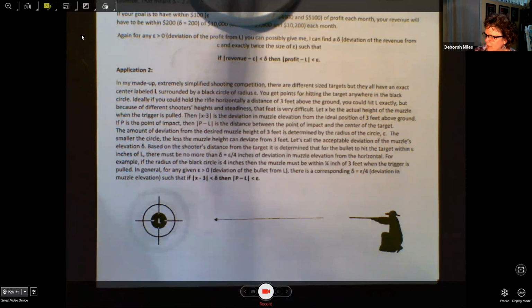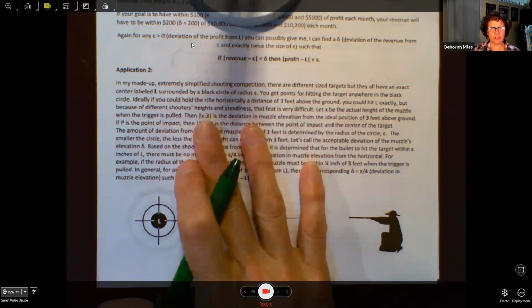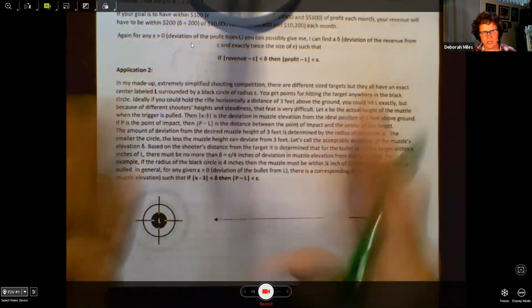So before we start the definition of the limit that's in the notes, the back of the page that we were writing on yesterday has these 2 applications. And I don't have time to read both of them to you. I want to talk about this application 2, and then I definitely want you to go back and read application 1. These are 2 things that I'm really, really proud of, because it's difficult to explain the definition. I could read the definition just to freak you out if I wanted to, but I'm not going to freak you out. I'm going to explain it first, and then we're going to look at how this explanation applies to that